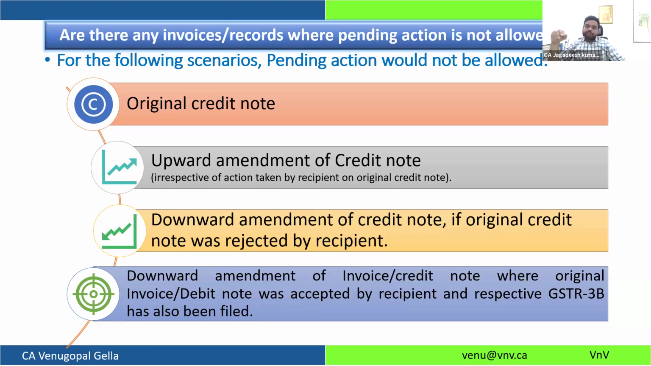Similarly, downward amendment of the credit note. If the original credit note was rejected by the recipient, that is, my supplier uploaded the credit note but I had rejected it, and after that he has reduced the amount in the credit note and reissued it again, in that case also